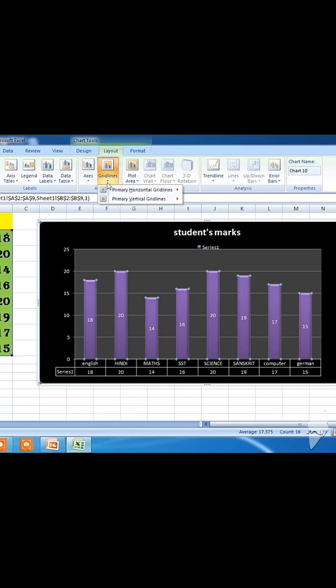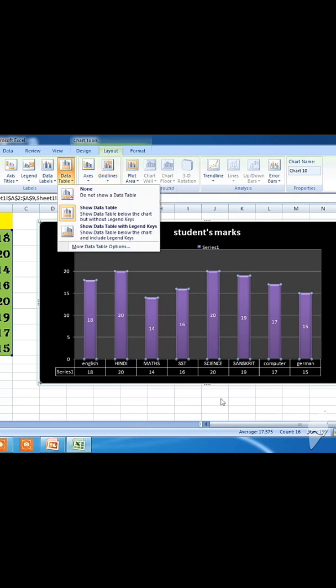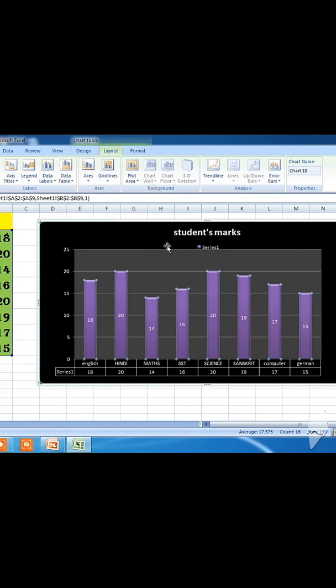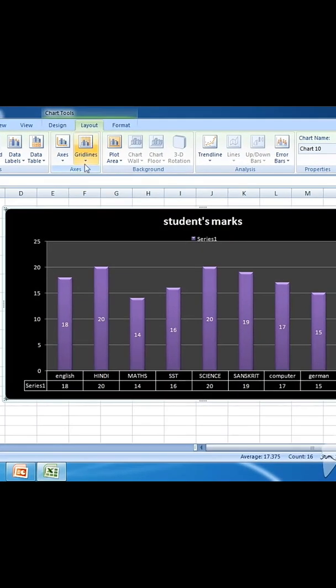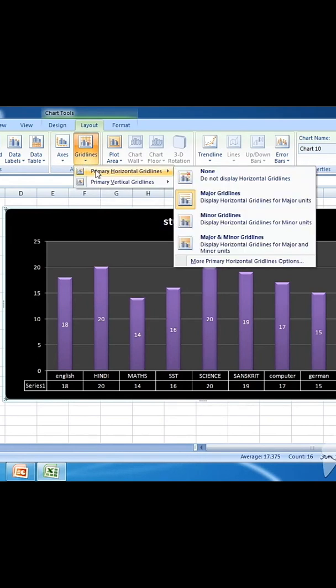Right now the grid lines, the small lines, you will see after selecting the grid lines. Now look, please pay attention students. Now you can see it's clear, nothing is there. After selecting grid lines you will see the output. Primary horizontal gridlines will come, major, minor, both.